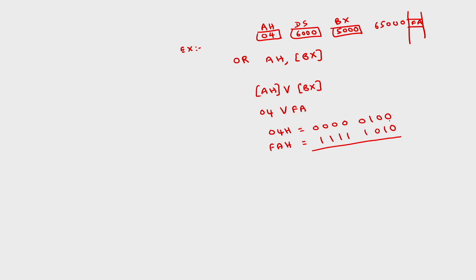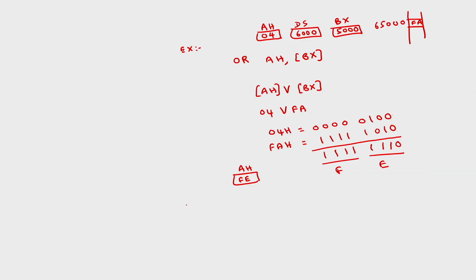If both the bits are zeros, then only output is 0 for OR gate. If any one input is 1, output is 1. So, 0 0 means output is 0, this is 1, this is 1, and anyhow these 4 are 1s. This will be F, this will be E. So, after the execution of this one, the result is stored back into the destination register. In this case, this can be memory also, FEH. This is about the OR operation. You can OR the contents of any two registers, or you can OR the contents of a register with any memory, and you can store the result back into either memory or register.